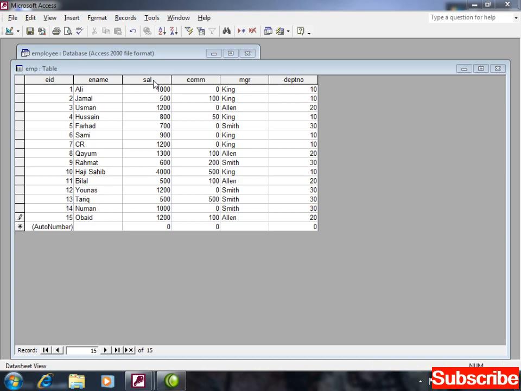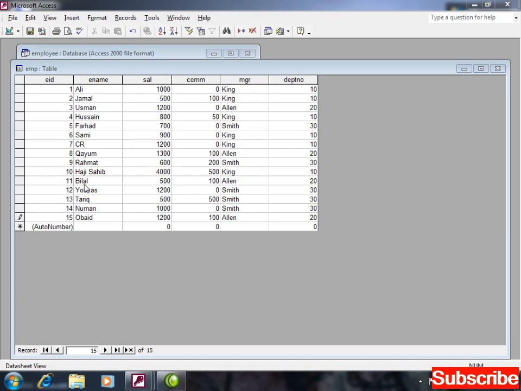If you select ascending, those employees who are getting less salary will be at the top, and those employees getting the greatest salary will be at the end. Like if I sort the records on the basis of salary in ascending order, the largest salary record will be at the bottom. Why? This is the greatest value. And who will be on the top? 500, that employee, Jamal.